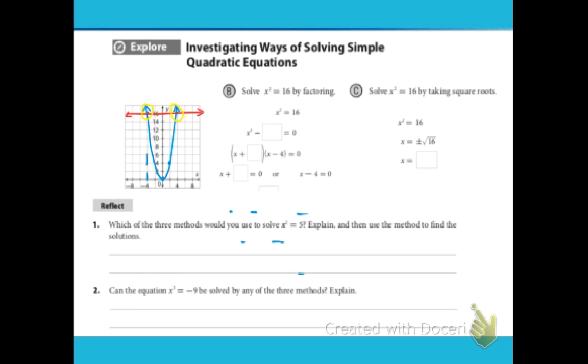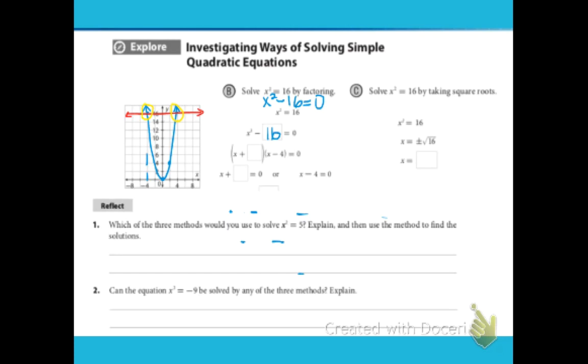Another way we could look at this is by using some simple factoring patterns. And you may remember a simple factoring pattern called the difference of squares. So if we were to put the x squared and the 16 on the same side, we'd subtract the 16, and that would leave us with 0 on the other side, as you can see here. So we'd have x squared minus 16 equals 0. And then I could break it down into two binomials that are nearly identical. I get the terms by square rooting the x squared and the 16,